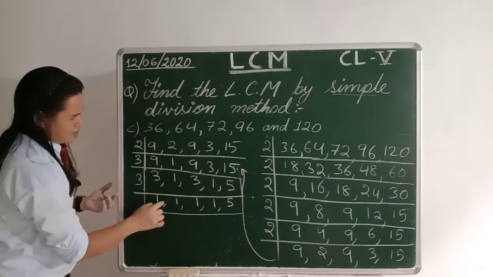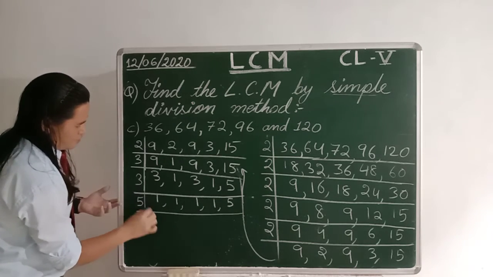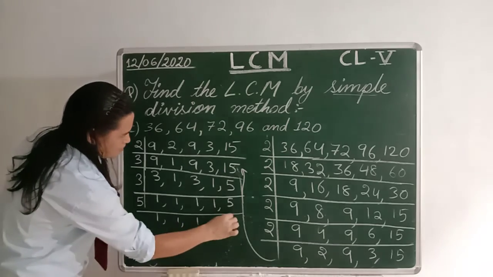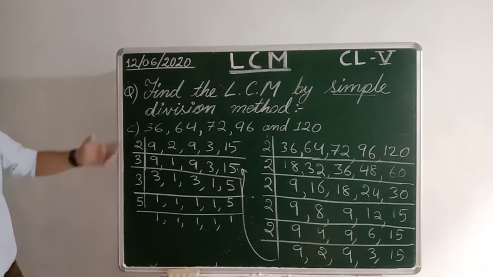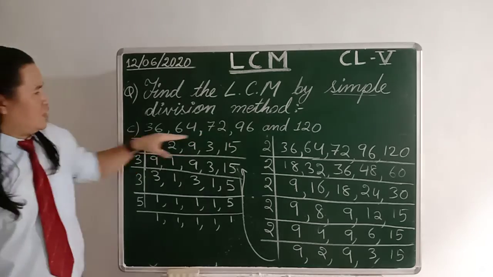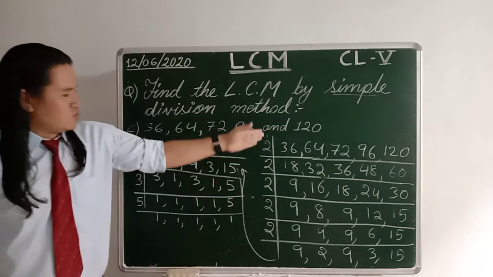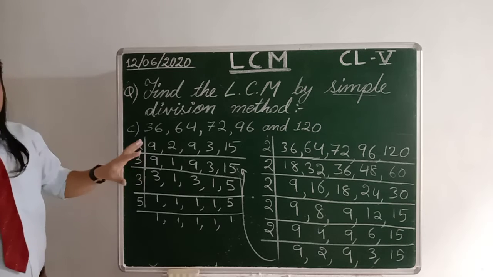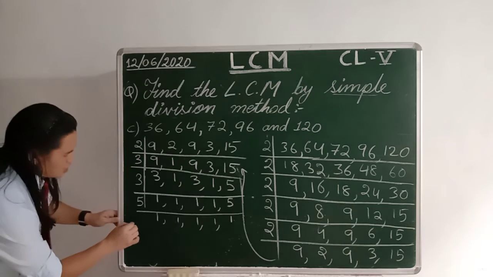Now what remains here? Only 5. So 5, 1 as it is, 1 as it is, 1 as it is, 1 as it is, 5 1 is 5. So you got, since there are the maximum number of factors. Now you write the same process, all the factors.